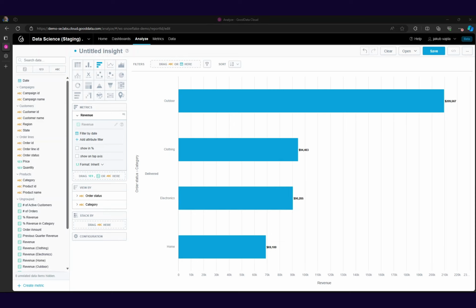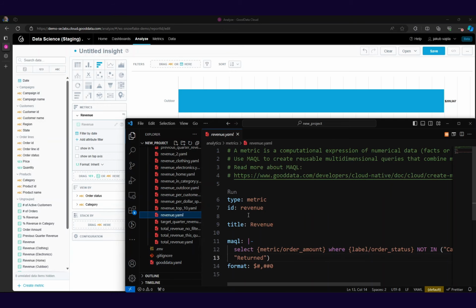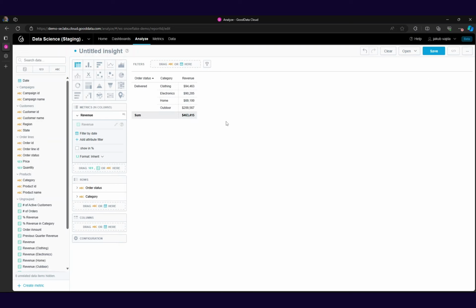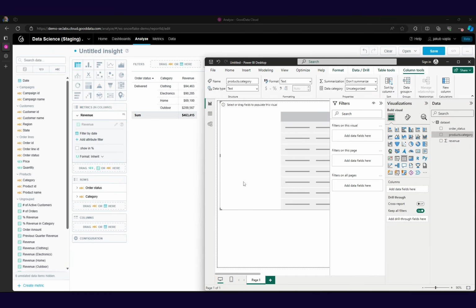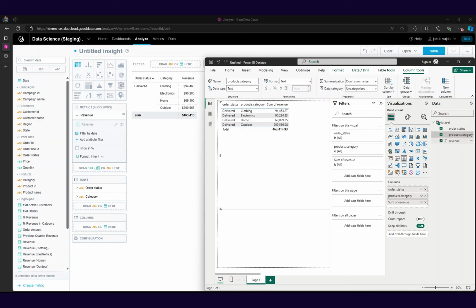First, we can build a Highcharts integration based on revenue as shown here. Next, we can use the GoodData Python SDK to edit the metric definition, if desired. And for the last example, we can leverage the same revenue metric within another BI front end, in this case, Power BI. We can ensure high performance in these use cases due to our in-memory cache based on Apache Arrow,